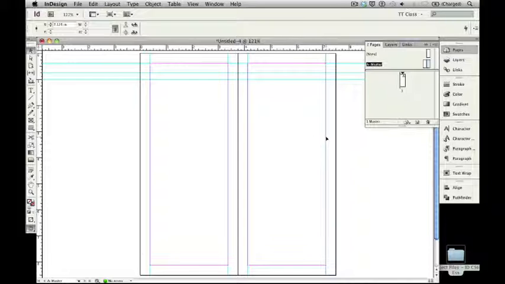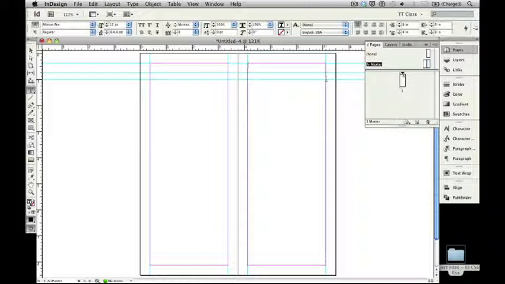Let's place some text on here so everybody will know that this section of our Total Training Catalog is for Adobe classes. I'm going to get my Type tool right here, click on that, and I'm going to draw a text frame from the upper left-hand corner of my right page down to the right and that 1-inch guide that we set right there. I'm going to type in Adobe Classes